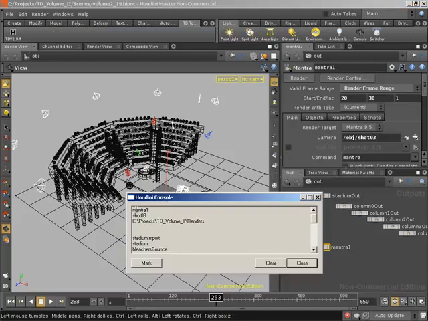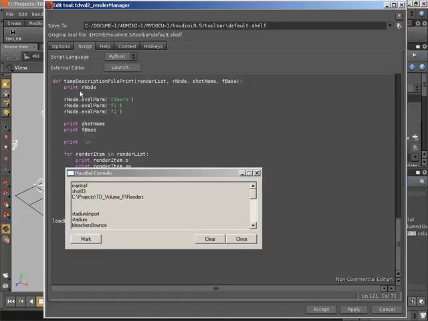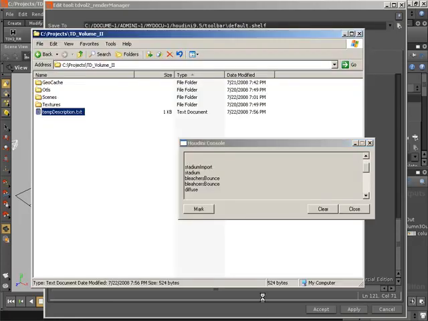We can see that mantra 1 was the node that we picked up on. If we bring up our tool, we can actually see what we're printing out. So our render node is mantra 1. The shot name is shot01. And our projects, that's our file base. We obviously weren't actually printing out the result of evaluating those. Yeah, we set those parameters, which you'll be able to see in just a second. Yeah, but you can see them over on the node. Yep. And then as we loop through each of our